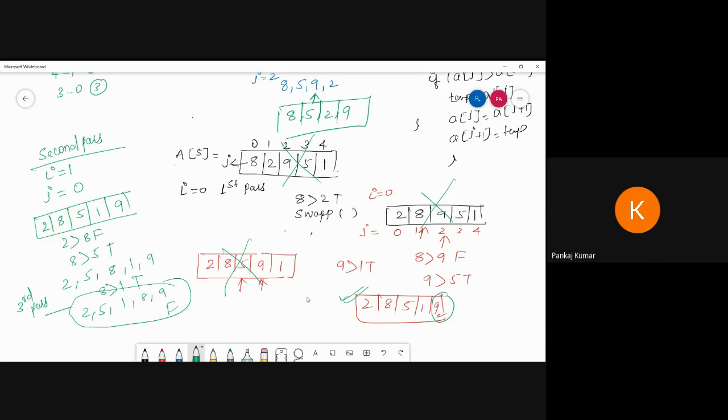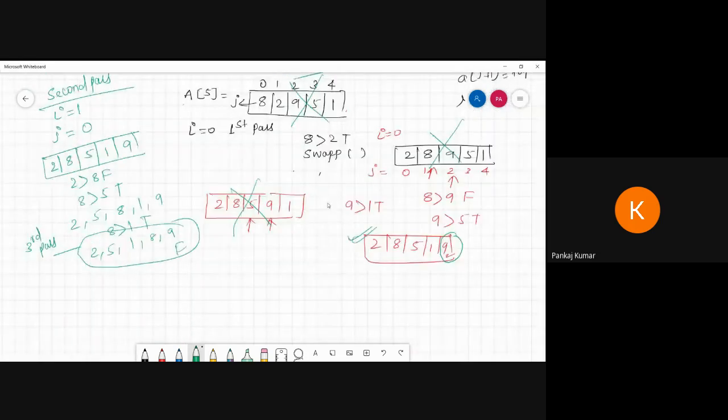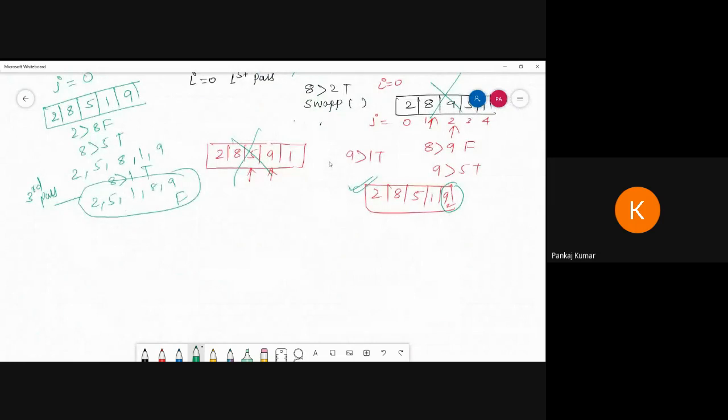What are we using? You see, we are going to use two for loops. So we are here using for loop 2. For loop i equal to 0, i less than n minus 1 and i plus plus. Inside that I am going to write for j equal to 0 and now j less than n minus i minus 1 for the last position, and j plus plus.